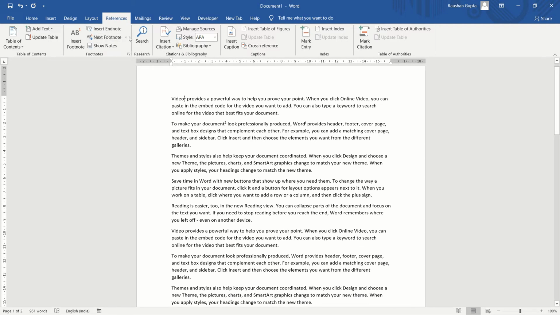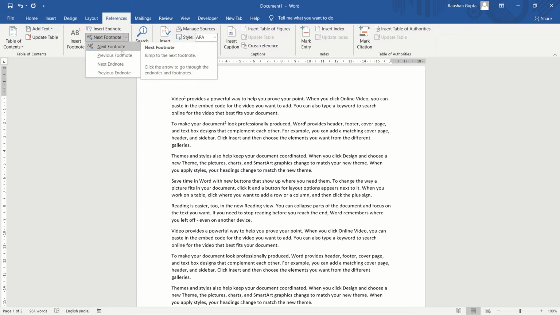Same way you can go to the next and previous endnote. Just as you have gone in footnote, in the same way you can use this to go to the previous endnote or the next endnote. Show notes, you can use this to show the notes.